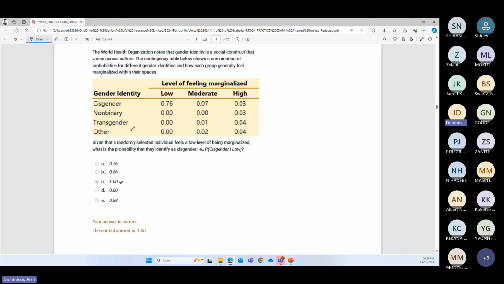Given that a randomly selected individual feels a low level of being marginalized, what is the probability that they identify as that? So what is the probability of that given low? Okay, so I would basically have said